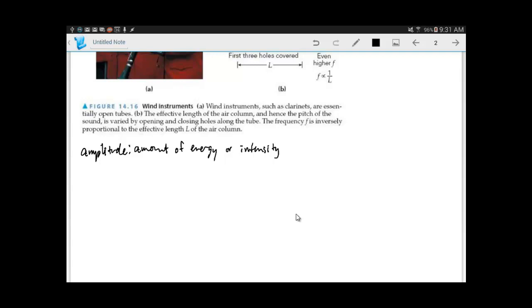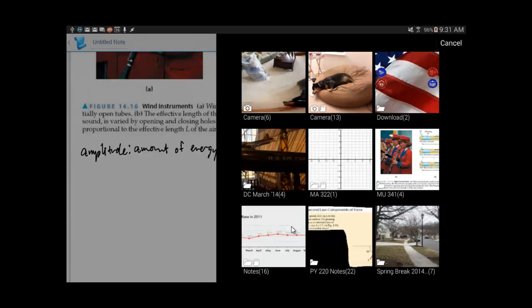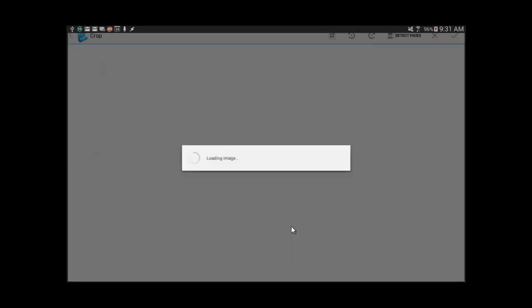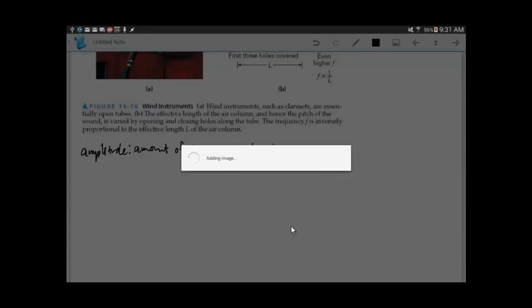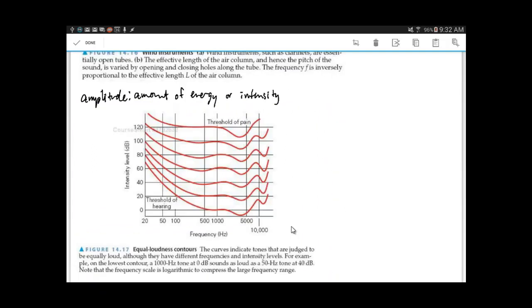Now, there are other factors that affect how loud a sound is, such as frequency. So different frequencies with the same intensity are going to sound different. And I actually do have a graphic for that, which, so when we talk about the amplitude, we'll get into a bit more of the details in a minute about the actual intensity and how loud it sounds. But how loud it sounds is affected not just by the amplitude, but also by the frequency. And so this is called the